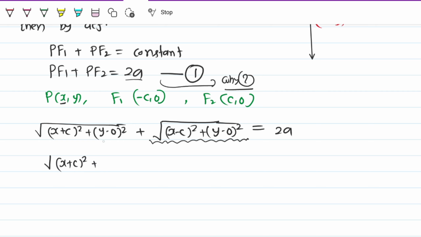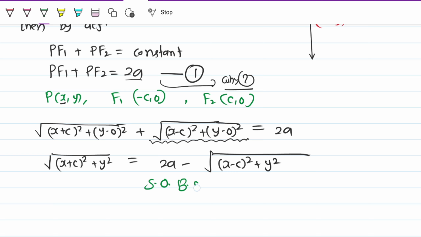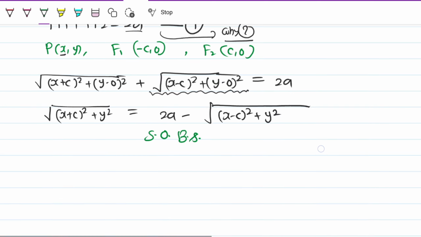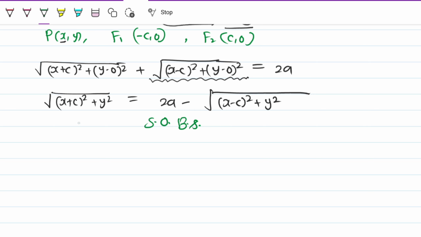x plus c whole square and y minus 0 is y square only, equals 2a minus root over x minus c whole square and y minus 0 is y, so it is y square. Okay, now do one thing, squaring on both sides. SOBS means squaring on both sides. Then the square root cancels, and you will get x plus c whole square plus y square equals to, and this